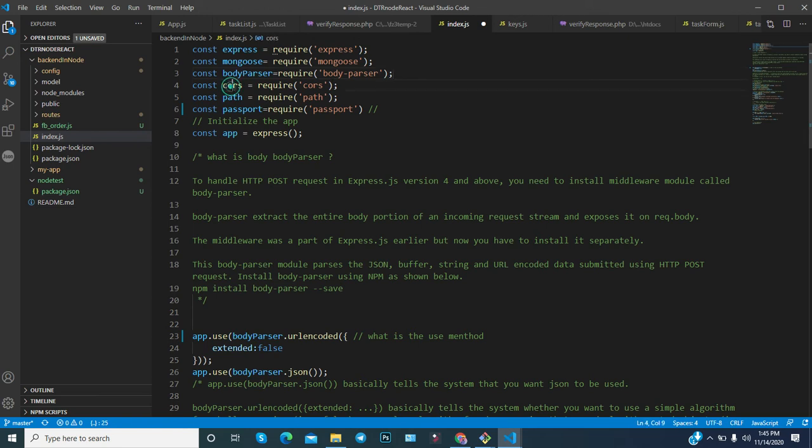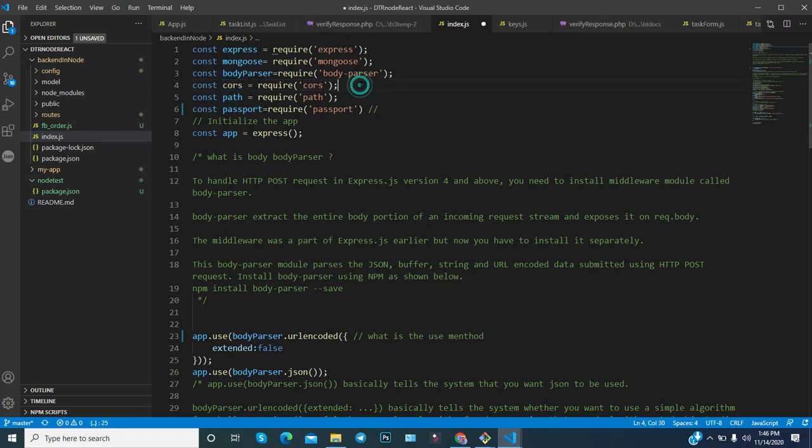And then CORS. As you know, you get the cross-origin error if you try to call the API from a different domain. So how can you resolve it? Suppose right now the application or website name is worldgyan.com, and you are calling the API from a different domain, for example bygyan.com, let's suppose. So this will not work. This will throw an error, which is the CORS error, the cross-origin error. You can resolve it using the cors library.